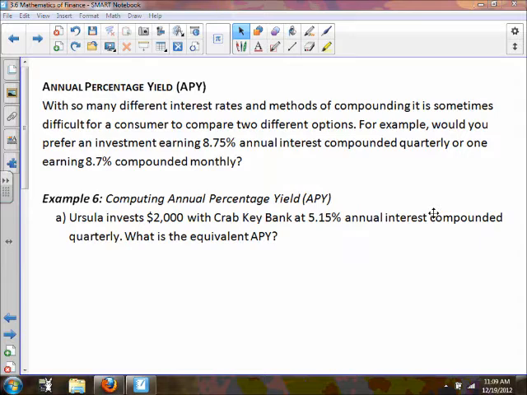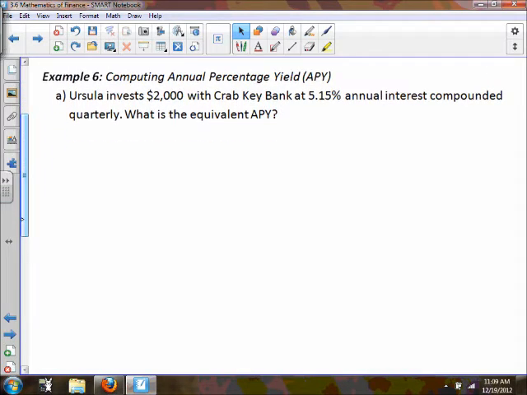All right, now we're going to look at example 6. Ursula invests $2,000 with Crab Key Bank at 5.15% annual interest compounded quarterly. What is the equivalent APY? Now what we'll do, we'll solve it first, then we'll talk about what really APY is. All right? So what I suggest you do,